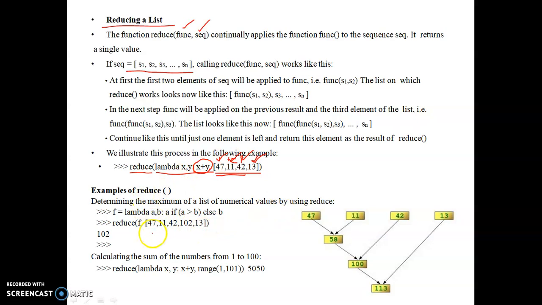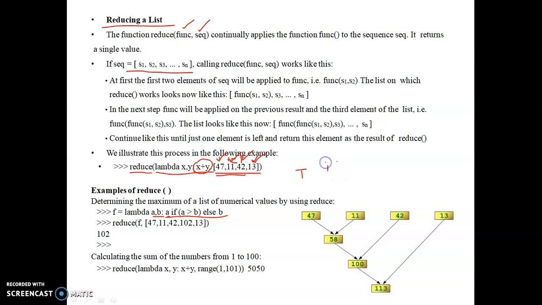Okay. So here I have another example of using reduce. In this example, we are passing a and b as parameters for the lambda function. Then here we are writing an if condition: if the condition is true, then give the value a. The condition is if a greater than b. Whenever you are writing an if else statement in a single line, the value to be given when true is written first.